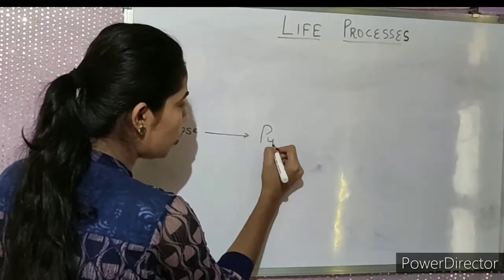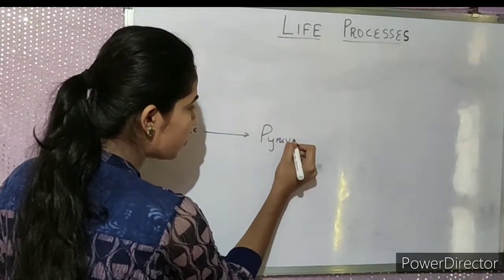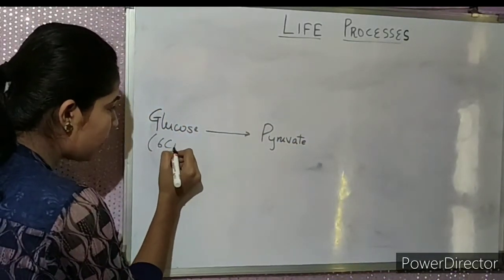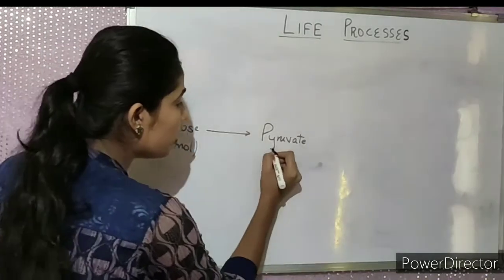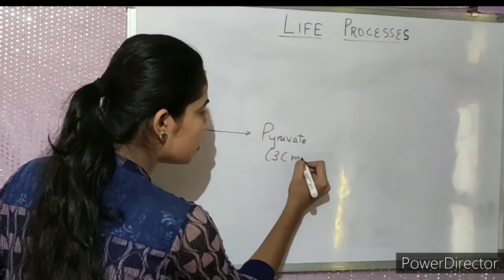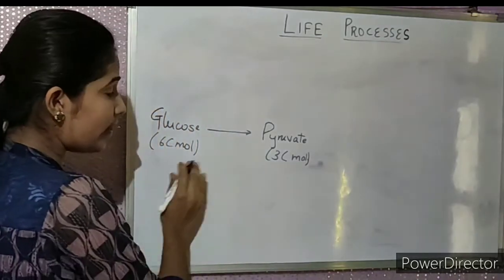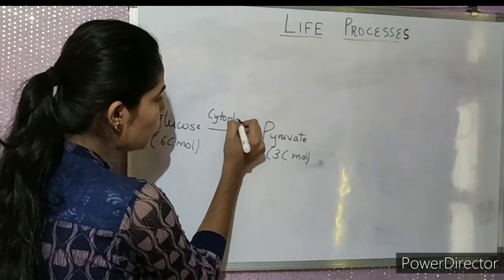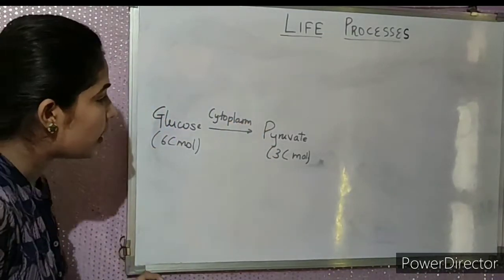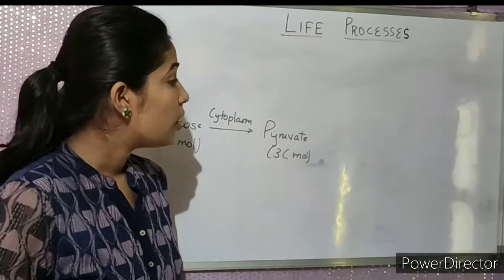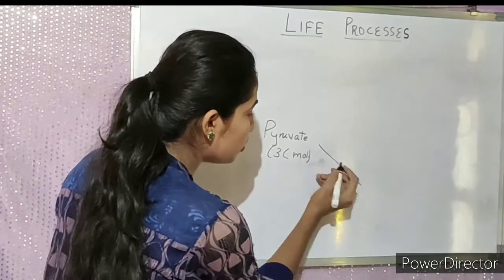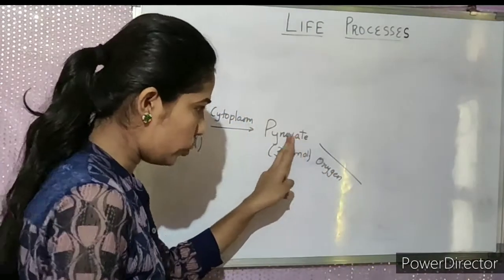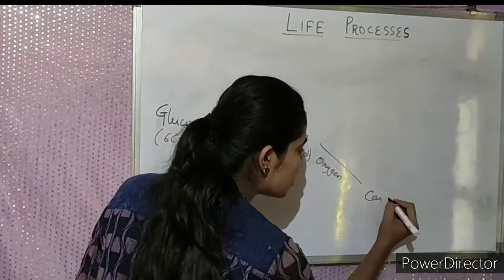into pyruvate. Okay, so the first step is conversion of glucose, that is a 6 carbon molecule, to a 3 carbon molecule, and this process takes place in the cytoplasm. Now some organisms use oxygen, so they use oxygen to convert this pyruvate into carbon dioxide